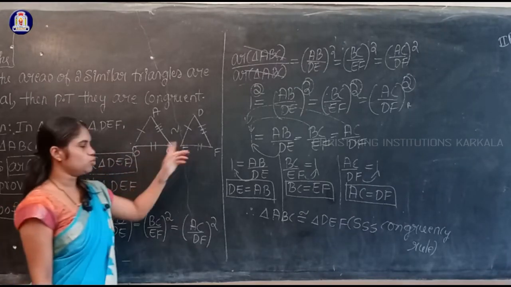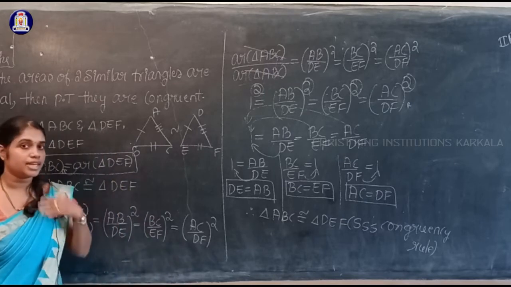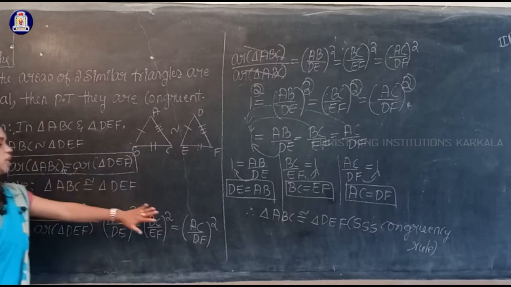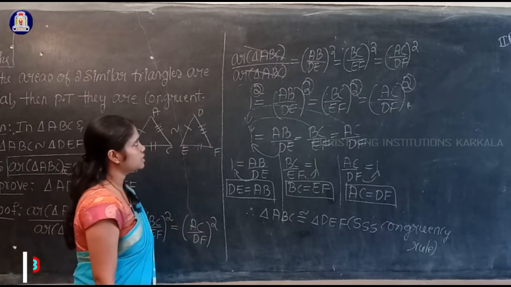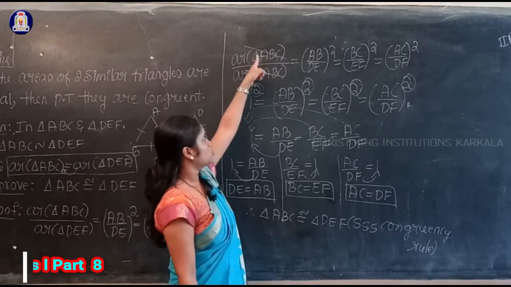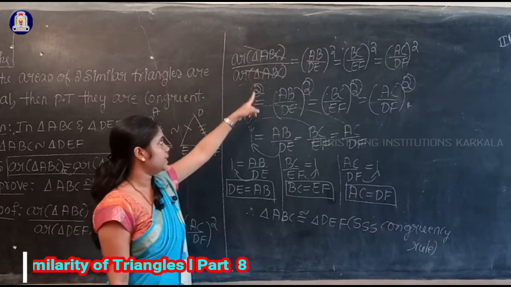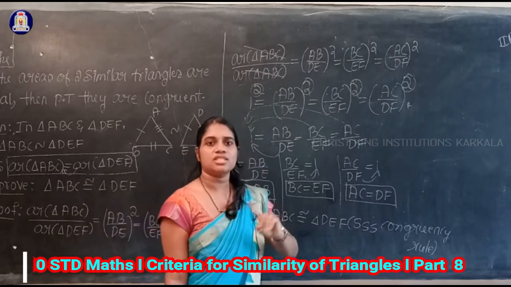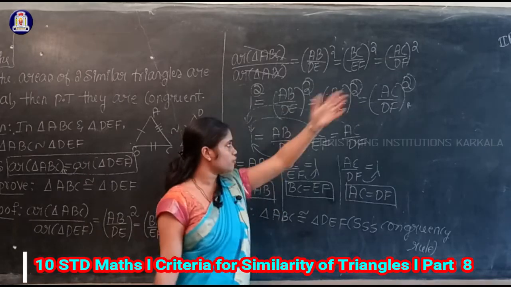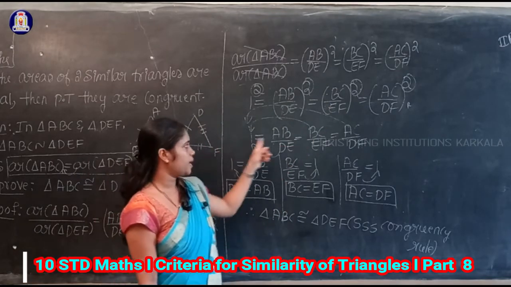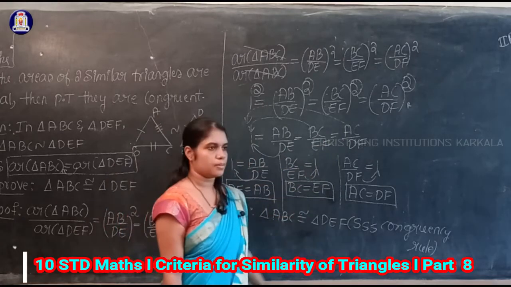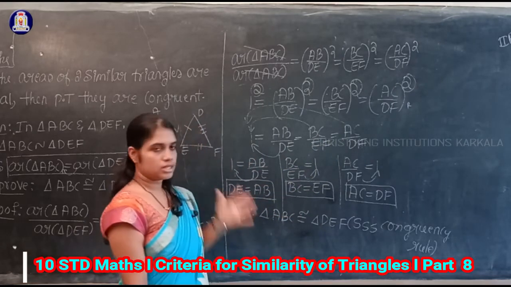Since these two triangles are similar, we can use our area theorem, area of similar triangles. So according to this theorem, we have this result. Substitute, these two triangle areas are equal, so it will cancel and I'll get 1. So I can write 1 as 1 square. So squares of all the numbers are equal, that implies that individual numbers will be equal. Yes. So this is the solution for this given problem.